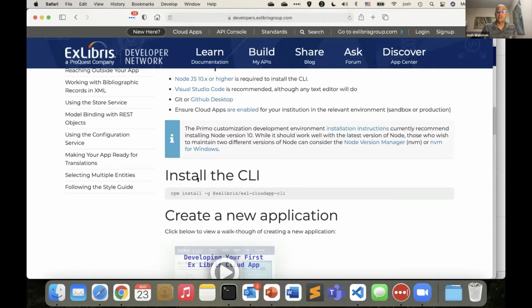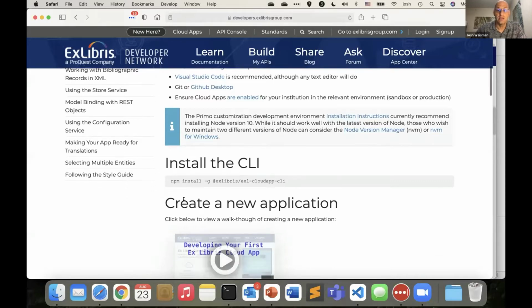What's going to happen is we're going to have an app running locally, and that environment is going to be pointed to my Alma instance. We don't want to have Alma running locally because that's too much. But we do want to have our Cloud App running locally so that we can enjoy that Angular development experience. What this Cloud App CLI does is allow me to run my Cloud App locally. It proxies my Alma instance, similar to the Primo development environment, and then it's actually quite a nice development experience.